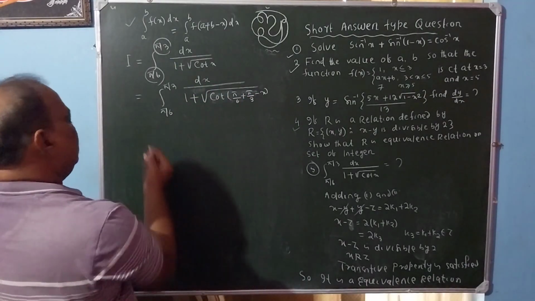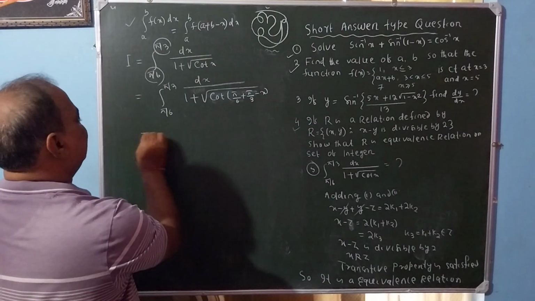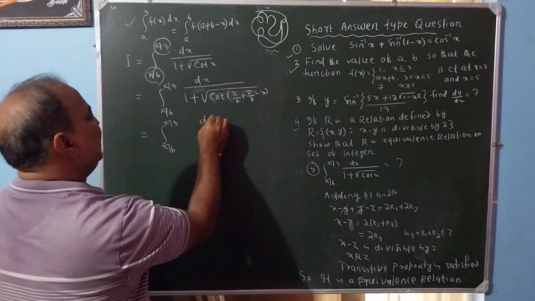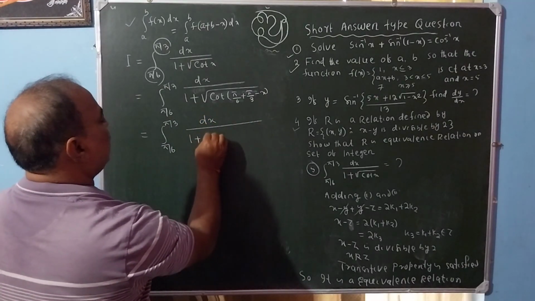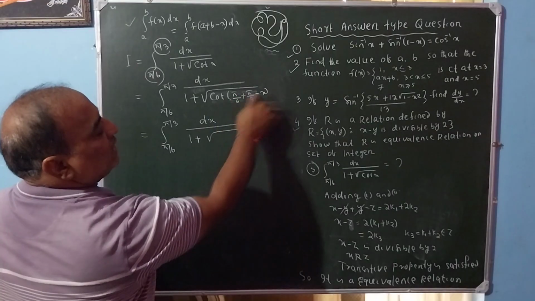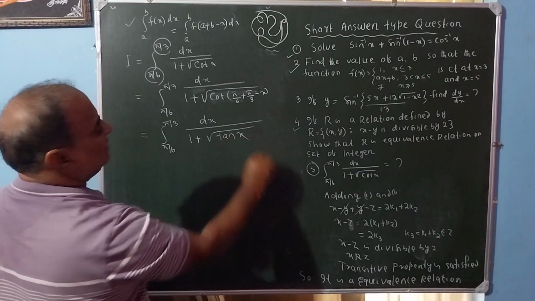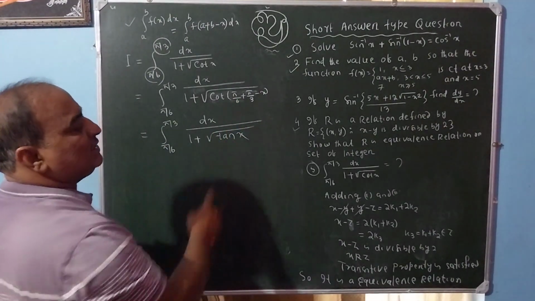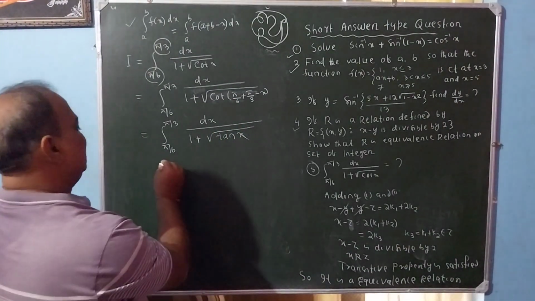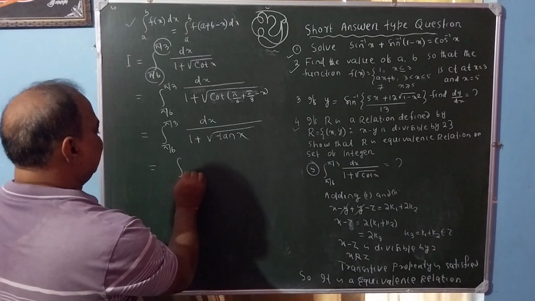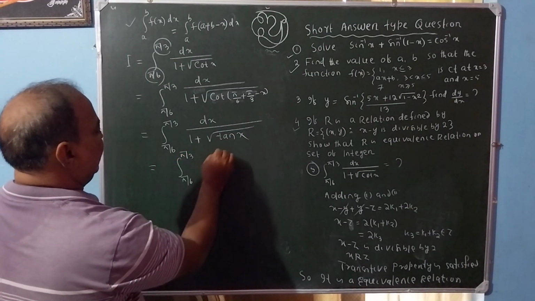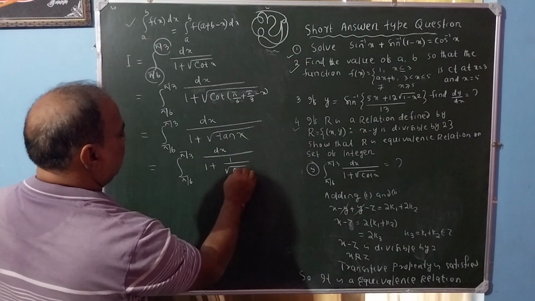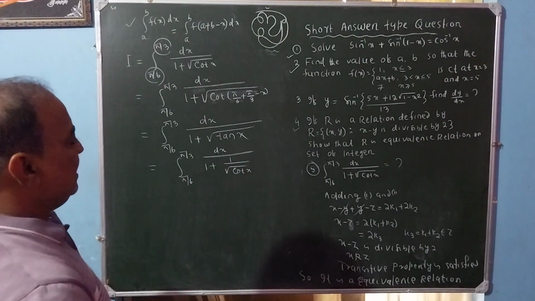We get cot of pi by 2 minus x. Pi by 6 to pi by 3 dx by 1 plus cot of pi by 2 minus x. It is tan x. Cot of pi by 2 minus x is tan x. So we write pi by 6 to pi by 3 dx by 1 plus, here we write cot x. Taking LCM,